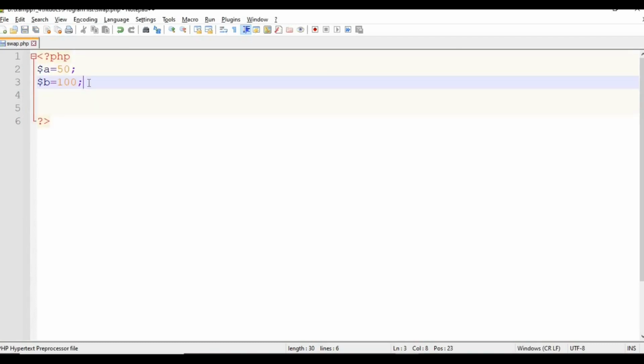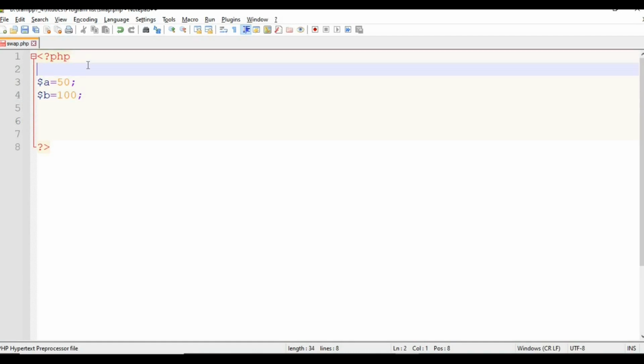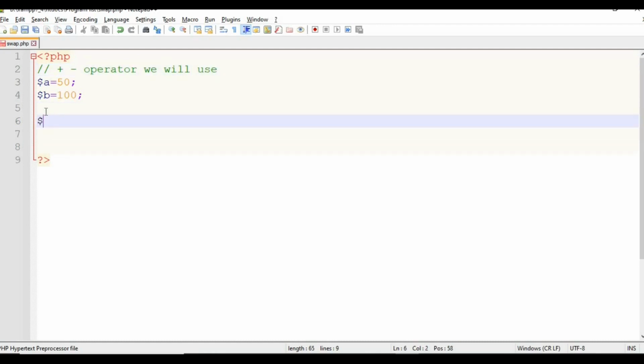So here I said you need to use the addition and the subtraction operator. I will make the addition first and assign it to the first variable. So what would happen here? $a plus $b, so it will become 150.